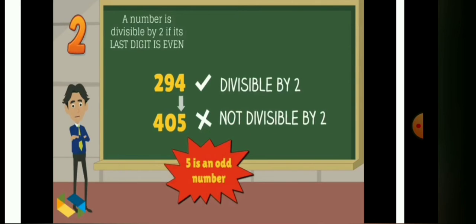So actually, why are we using the divisibility rule? Why do we have to study the rule? Usually, if we want to check whether 294 is divisible by 2 or not, we have to do the long division. But if you learn the divisibility rule, without doing the long division you can find out whether the number is divisible by 2, or by another number, or not. For that purpose only we are using the divisibility rule.